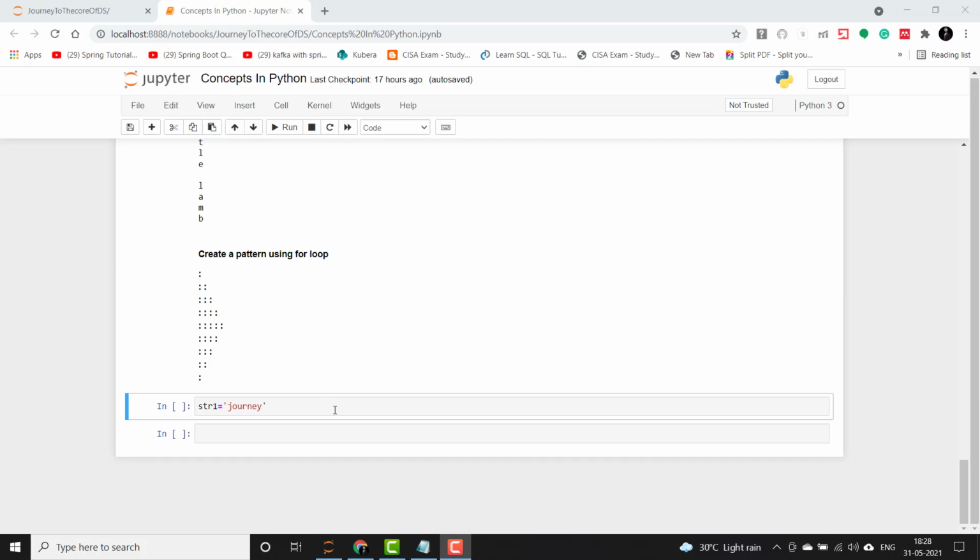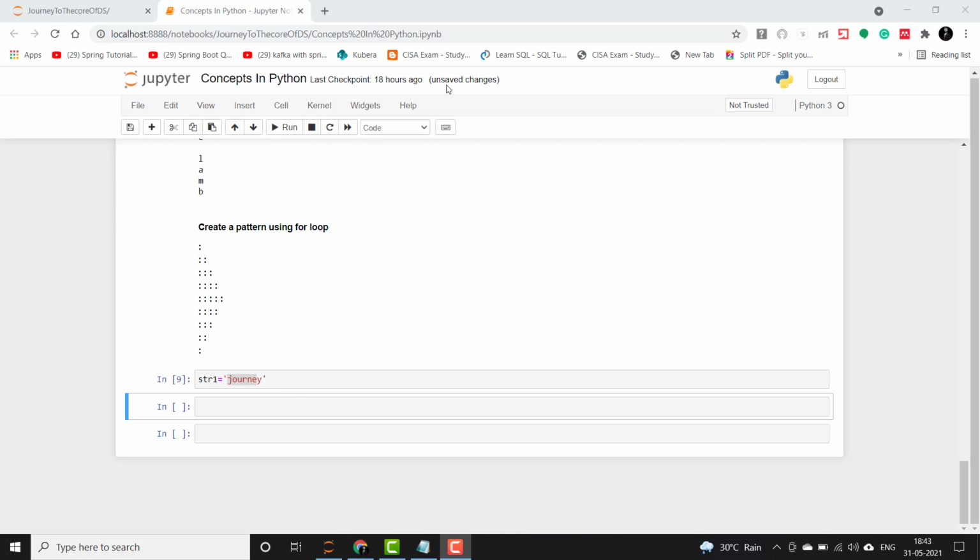This can be done in numerous ways, using the length of the string and then looping till n minus 1 and printing, etc. But the easiest way is to slice the string till the n minus 1th index. This can also be done in two ways, one of which is slicing from the left and another is slicing from the right. As you know, the third parameter in slicing is the increment parameter, and interestingly, if we give -1 in that, it will take the index from the right instead of from the left.